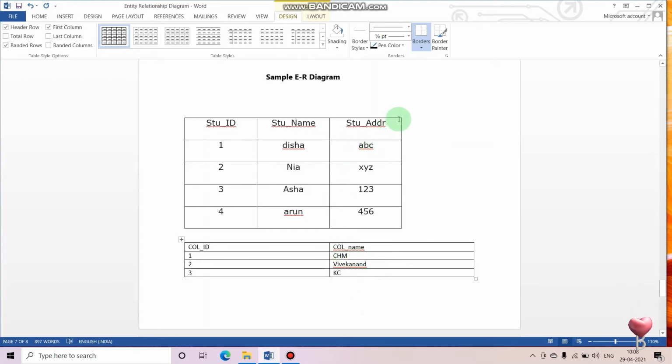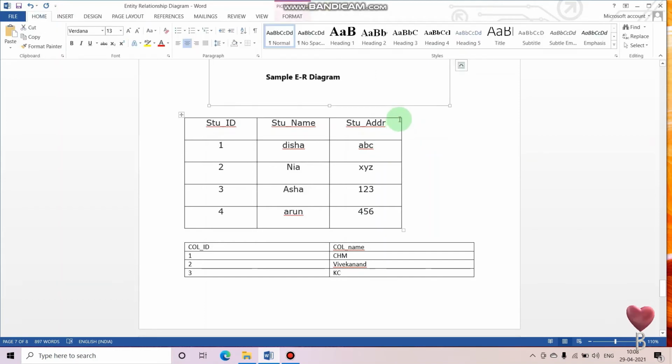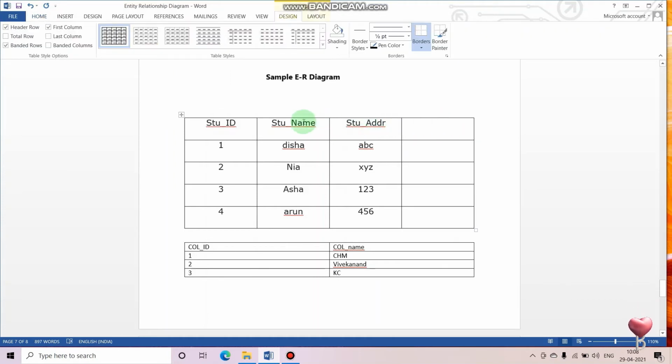What we can now do, when we'll be having one more row here, that will be the foreign key, or you can keep it here also, it's okay. College ID, instead of specifying the name, what you will do, this was of CHM 1, this was of Vivekanand 2, this is of CHM 1, this is of Vivekanand. Instead of writing the name again and again, these records will be saved here. You just have to specify the foreign key.